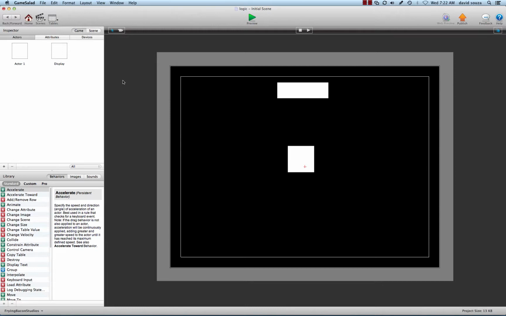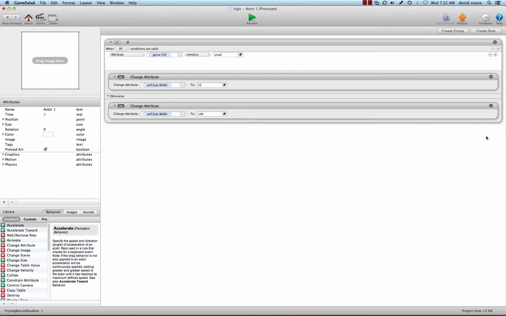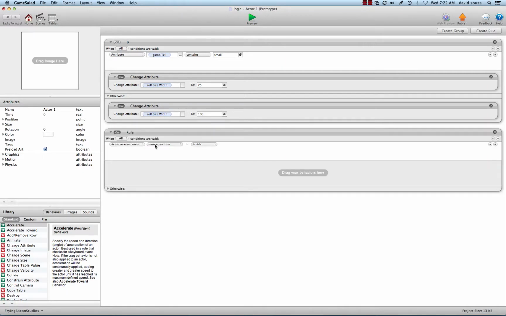So let's do something a little different here. Let's actually get this actor to follow the other actor around. So we're going to come in here, and we don't need this anymore. And let's make a rule and say when touch is pressed,